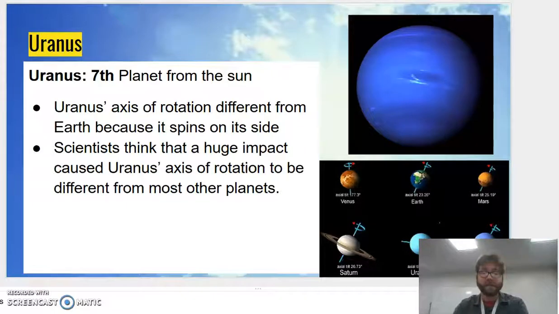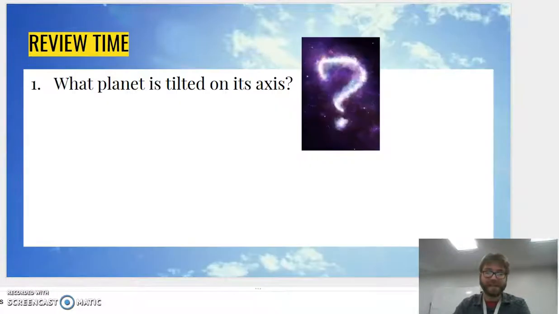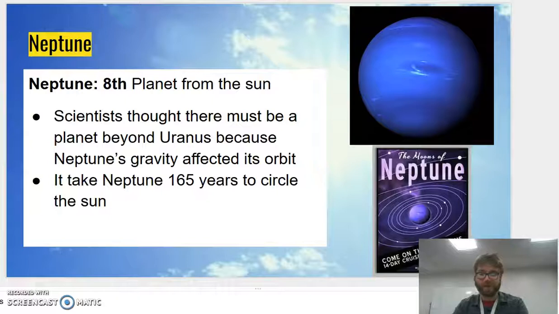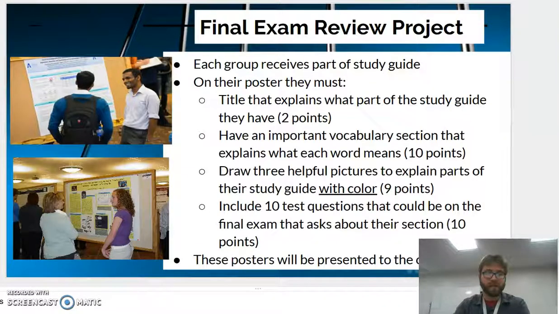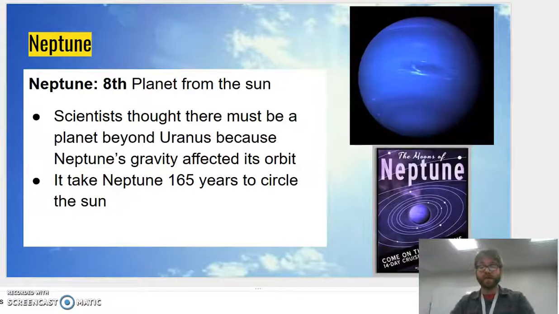And then the final planet in our solar system is Neptune. Neptune is so far away, it takes about 165 years to circle the Sun. It's a long time. A long, long time. All right, technically after Neptune, we do have a dwarf planet. And that dwarf planet is called Pluto. But those are the planets, and that's all you need to know when it comes to astronomy for our final